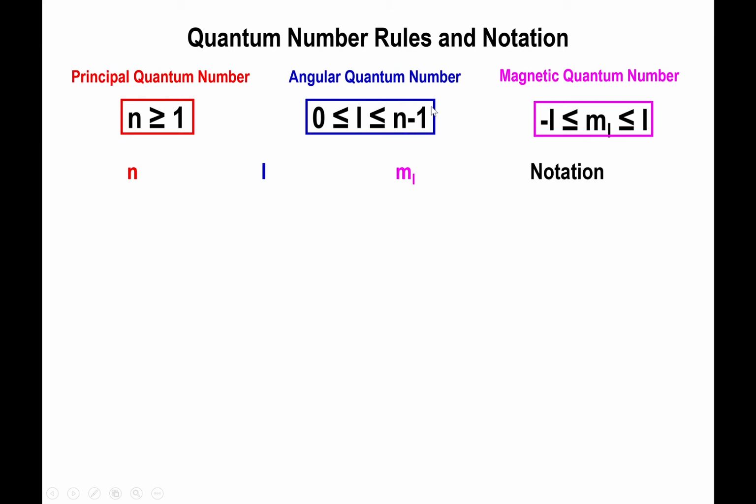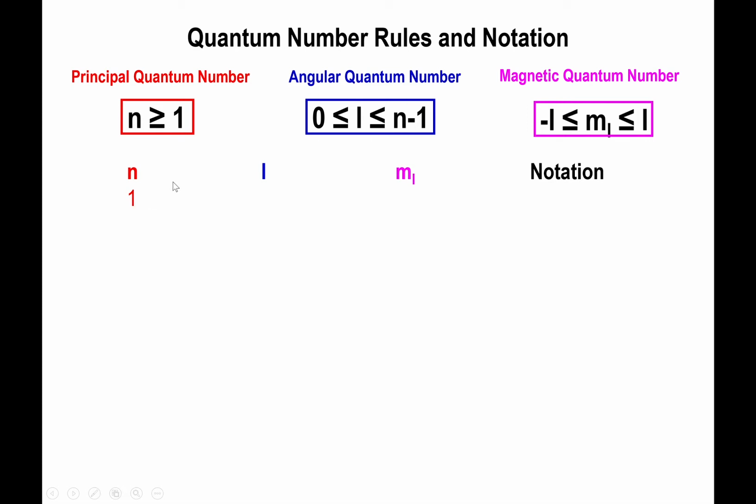And in essence, we're going to have to look for what that number is before we start looking at the possibilities for L. And once we know the values for L, we can actually determine the range for M sub L, which goes from negative L up to plus L. So let's take a look at the various energy levels and see what happens in terms of the picture being developed. If we start at the very beginning, energy level 1, the only possibility is for L to go from,